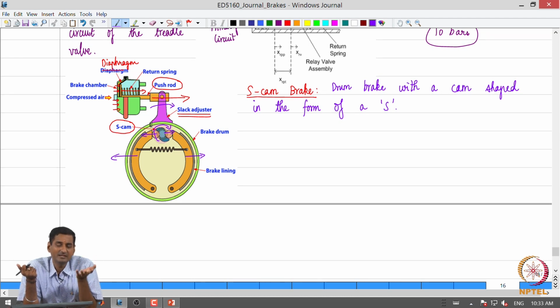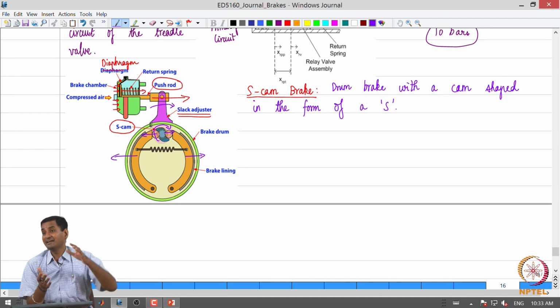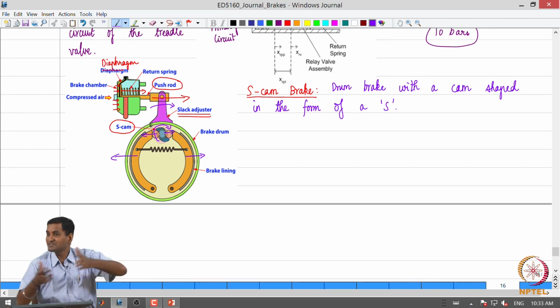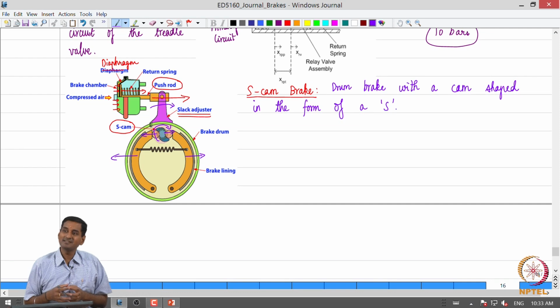So, for example, let us say we take a car that weighs 1000 kilograms, and we take a truck or a bus which weighs 10,000 kilograms. I am just taking round numbers so that we can argue easily, right. So, we need one order of magnitude higher braking torque. Will we essentially increase the dimensions of the drum brake to such an extent that we get an order of magnitude increase in the braking torque?